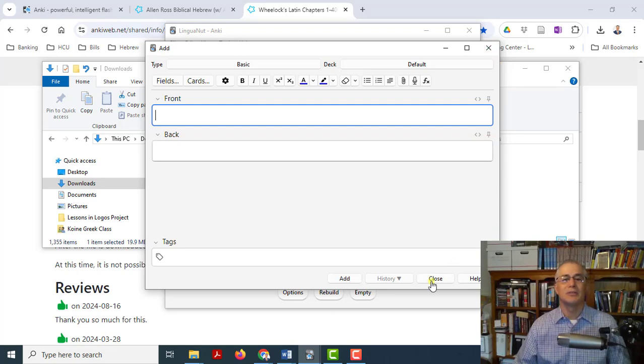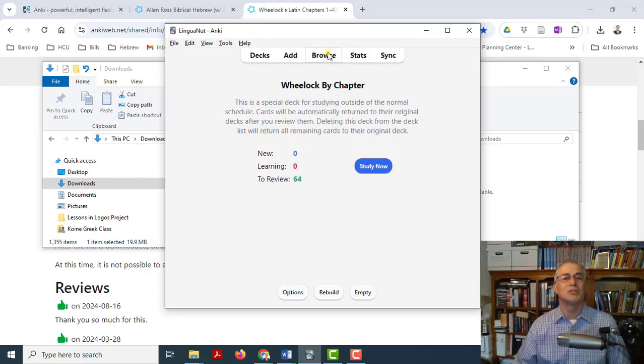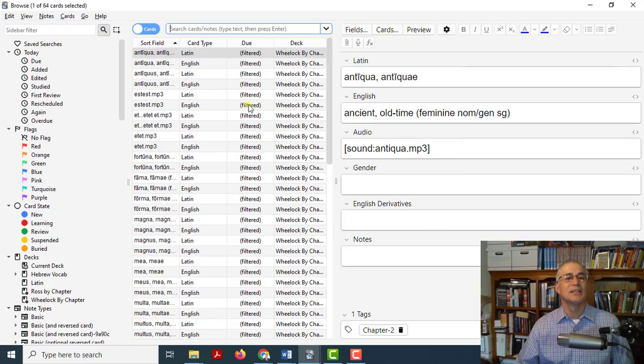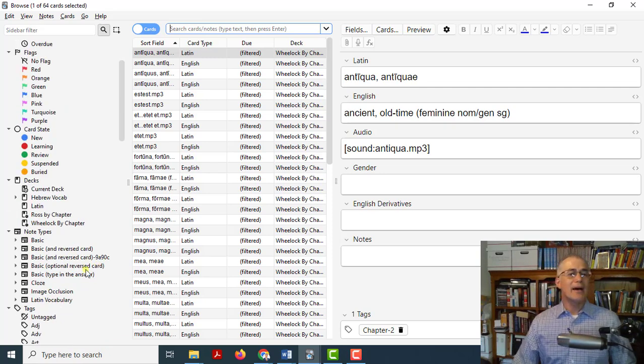I don't want to do that. But what I want to show you is that you can also browse the flashcards as they exist. These are already created, and this is what the architecture underneath the flashcard looks like. There is an MP3, there's Latin and English, and then there's the tag here, right? So you might have multiple